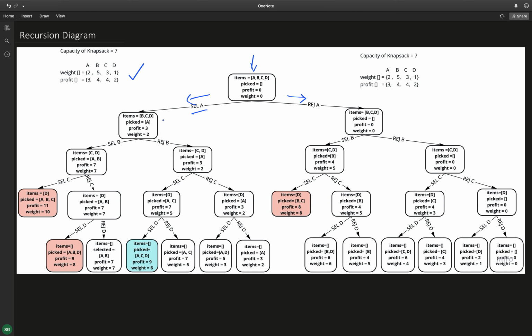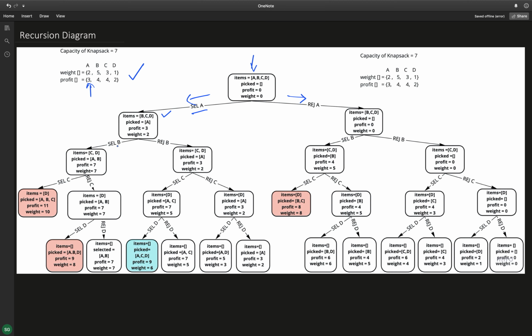For example, we select A, then the items remaining are B, C, D, and A is already picked. Now the profit we gained after picking A is 3, and the weight of the bag is now 2, because the item A has weight 2 units.